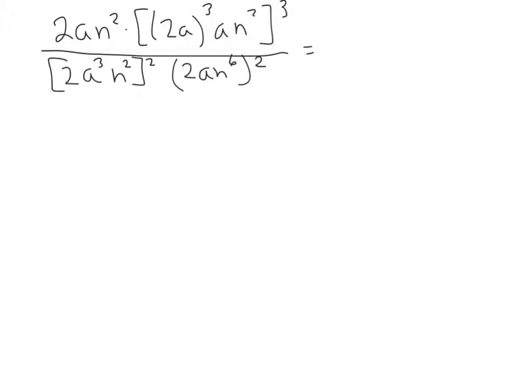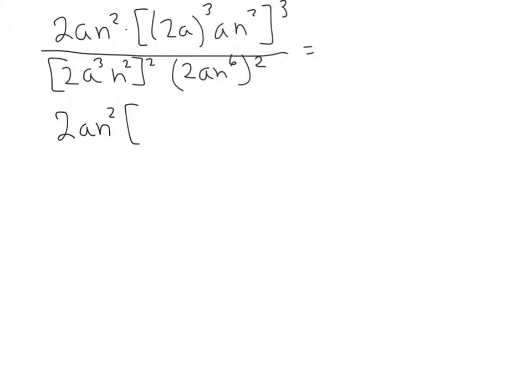Finally, we'll look at a very complicated problem that has a mixture of variables, exponents, parentheses, and numbers in it. So this problem, again, you can approach it by simplifying gradually, and I'm going to make sure that I work on the top and the bottom separately until I'm ready to clean things up. So the top, I'm still going to leave it as 2an squared, and then I'm going to work inside the